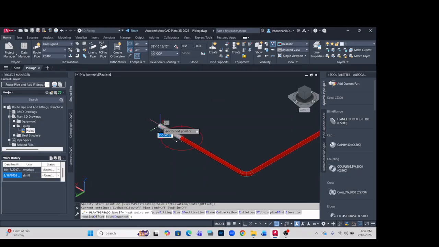I'm still in my route pipe command, and I can change the pipe size while routing. So what I'll do is choose the size option from the command prompt, which means I go here at the command prompt, and while it's asking me to specify the next point, I can pick the size option here. So I'm going to type S for size, and it's going to ask the next size that I'm looking for. Currently we have a 6-inch pipe, and let's say I wanted a 4-inch pipe, so I'll come down to my command prompt and I'll type in 4 inches,